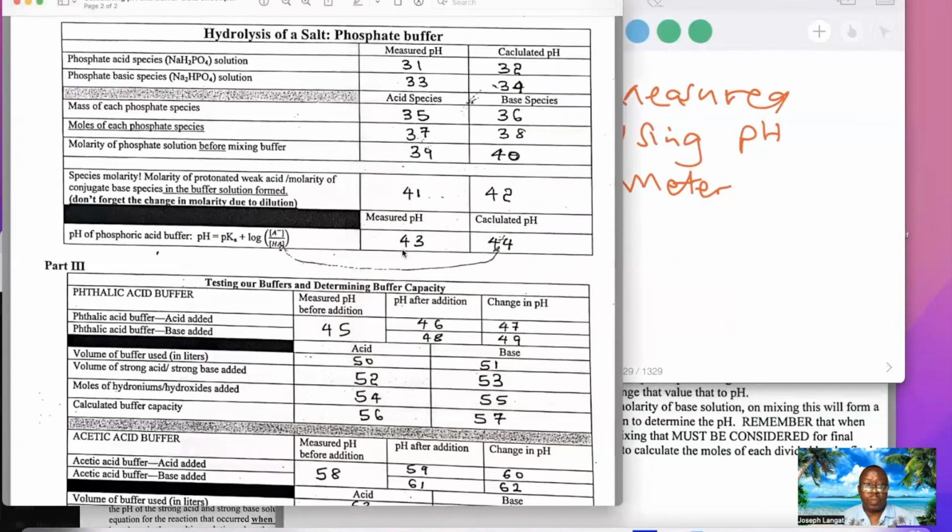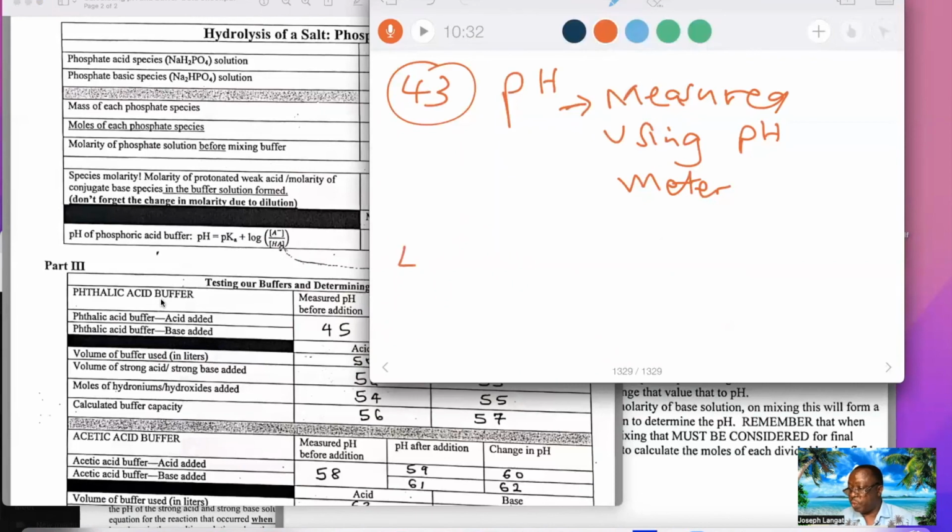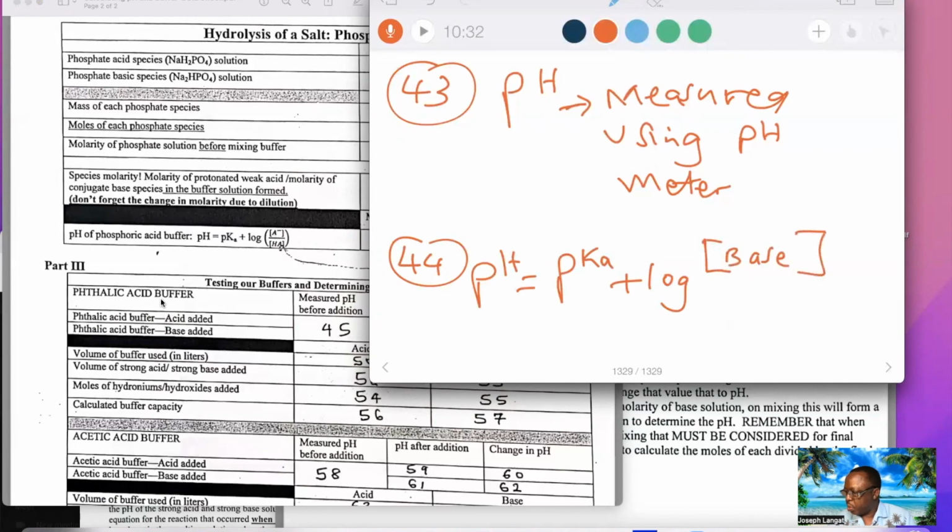You see here 44, use the Henderson-Hasselbalch equation. 44: pH equals pKa plus log of the concentration of the base over the concentration of the acid,